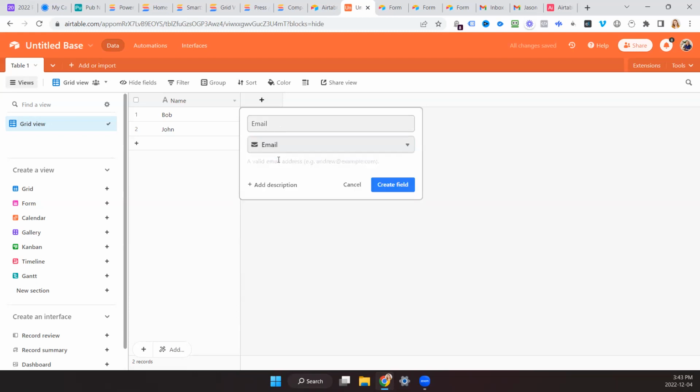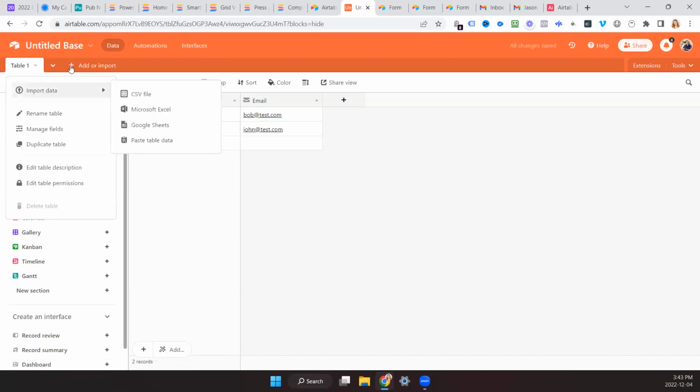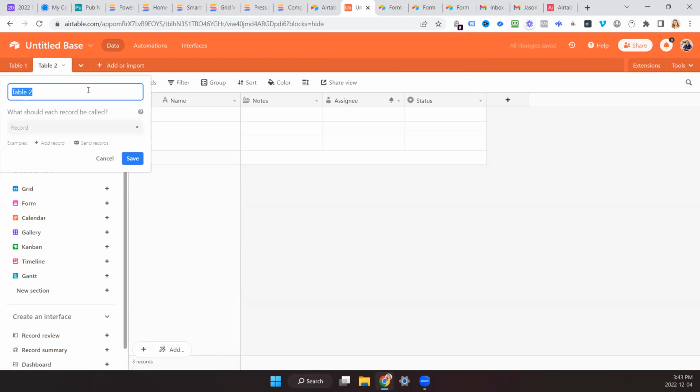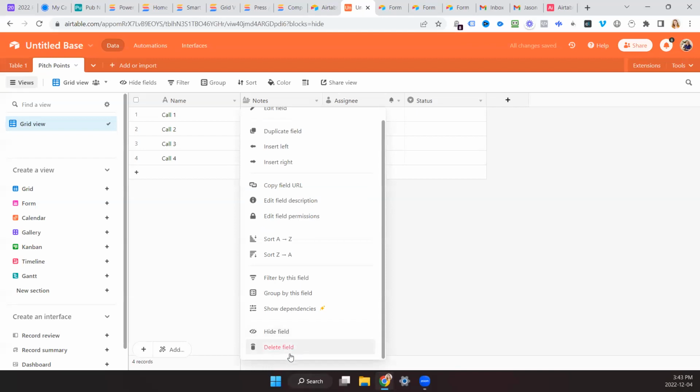And then this is contacts. Then we have another field where you basically track the journey you have with people, your touch points, let's call them pitch points. And you have call 1, call 2, call 3, call 4. And each one of these has a date.